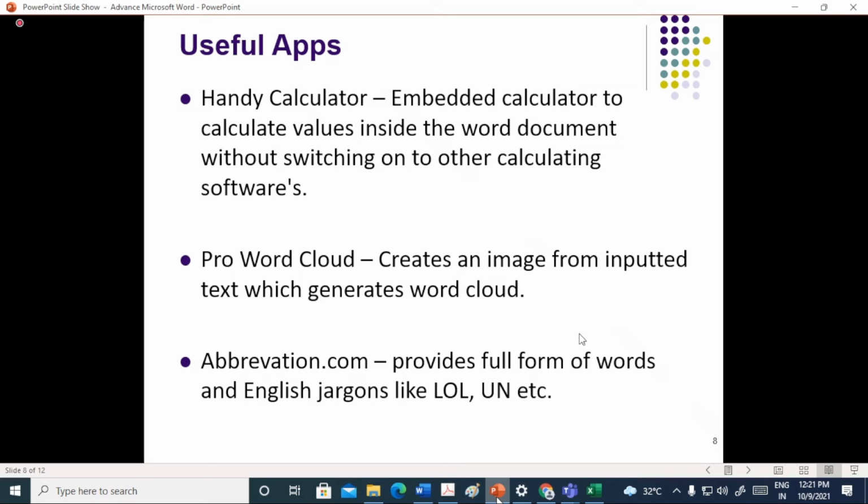Then comes abbreviations. Nowadays the internet world is full of jargons, mostly among people who are using WhatsApp. They type in short, like LOL. LOL stands for lots of love or laugh out loud. If you see these jargons, sometimes you may not know them. These are the jargons that we know, but in another country, other jargons are also available that we don't know. So what we can do is use these abbreviations.